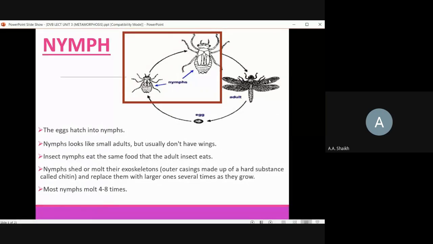ये उसका ऑब्वियसली पेरेंट ही कहलाएगा ना। सो यहाँ पर ये जो है ये एग्स और ये जो अडल्ट कंडीशन है, ये स्टेजेस है, इसमें कोई सिमिलैरिटीज नहीं होती। लेकिन ये जो ट्रांजिशन हो रहे हैं इनकी लाइफ साइकिल में कि एग्स जो है यहाँ से हैच करेंगे, फिर उसके बाद यहाँ पर ये इंसेक्ट्स बनाएंगे जो कि स्मॉल इंसेक्ट्स जिनको निम्फ बोला जाता है। फिर उसके बाद ये निम्फ की साइज जो है वो थोड़ी एक्सपांड हो जाती है। फिर इसके बाद इसमें ट्रांजिशंस आएंगे कि यहाँ पे विंग्स की डेवलपमेंट हो रही है। ये ड्रास्टिक चेंजेस और ये ड्रास्टिक जो कंप्लीट चेंजेस है इसके लाइफ साइकिल में, यही इनको बहुत ज्यादा स्पेशल फीचर्स देते हैं,